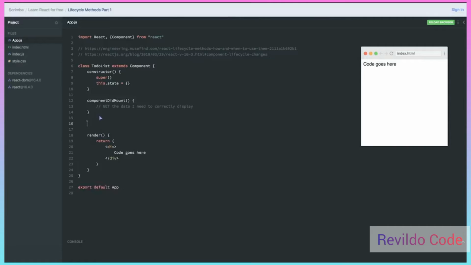The next lifecycle method I want to talk about right now is called componentWillReceiveProps. componentWillReceiveProps is kind of like when someone gives you a gift. This component could be receiving props from a parent component, and every time this component is receiving props, it will run this